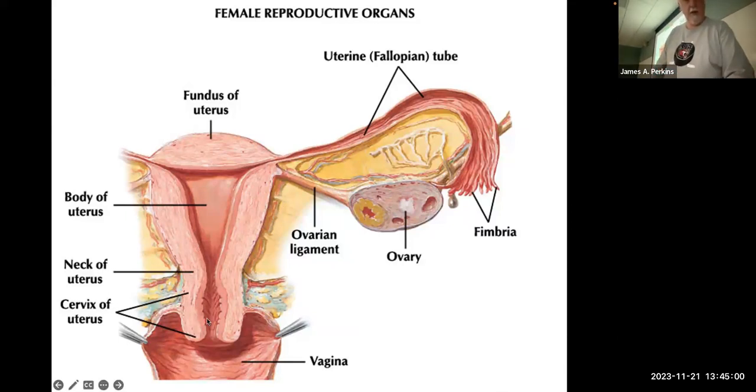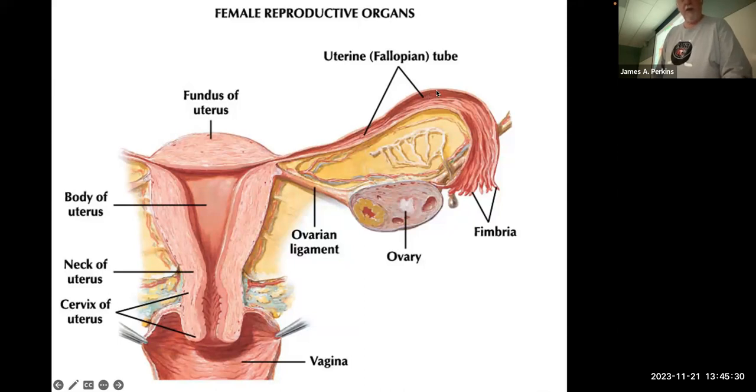So we've got the muscular tube of the vagina, the cervix that protrudes down into the vagina a little bit. There's a narrow neck of the uterus, and then it gets much wider, forming the body of the uterus, which has a lumen or space inside of it. Fundus, of course, the rounded dome at the top, or really technically the front of the uterus because it's facing anteriorly in normal position. The opening inside the body of the uterus then leads into the interior of the uterine tubes,